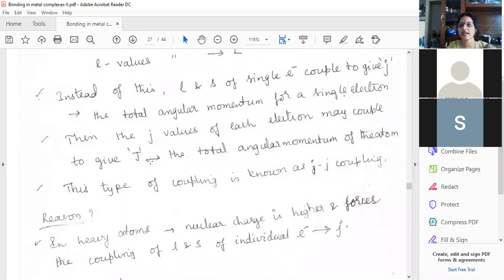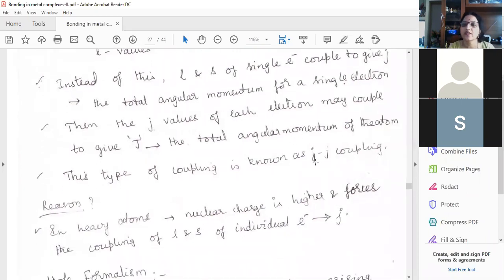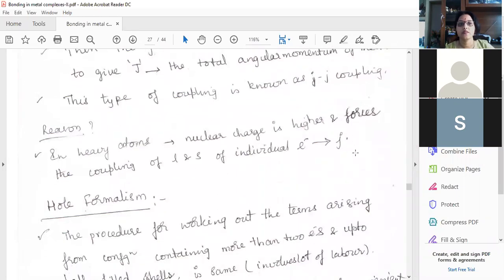This is very important. Hund's rules, how to order the energies, and jj coupling are always asked in the exam. These are very easy. If you listen, you can write. Now, why is it that this small jj coupling is present in heavy ions, that is, after atomic number 30? Because the nuclear charge becomes high, and once the nuclear charge is increasing, what is happening? It is forcing the orbital as well as the spin angular